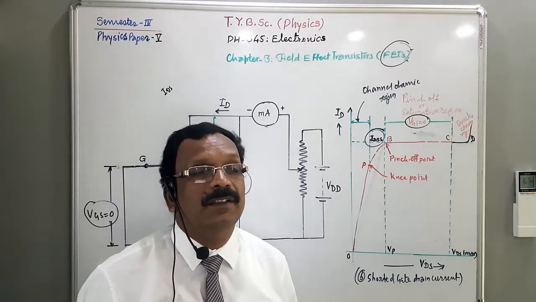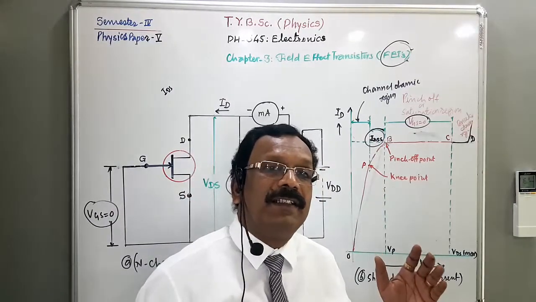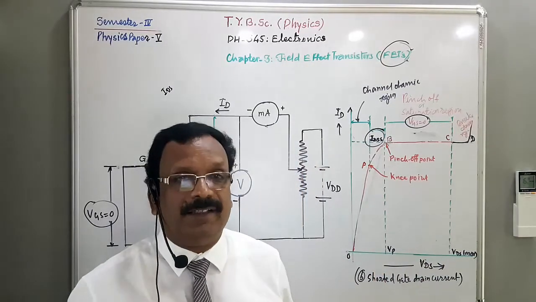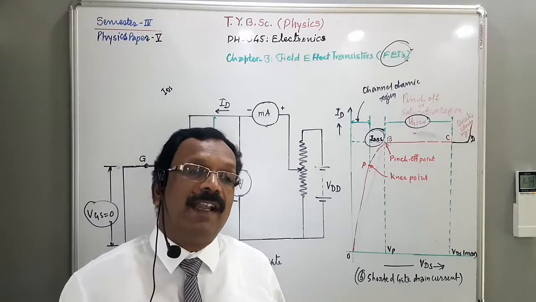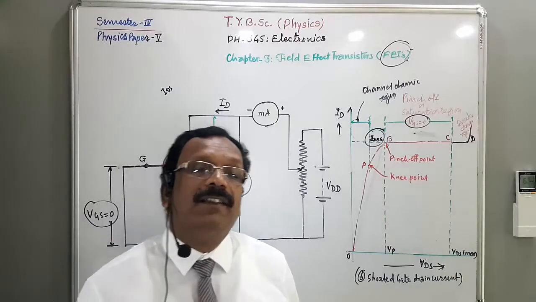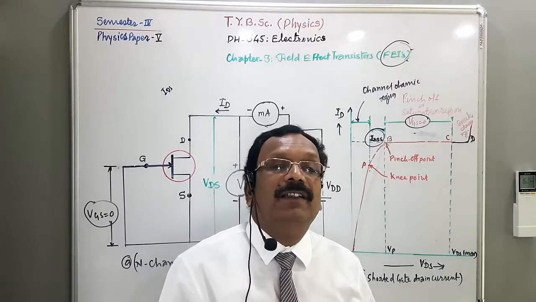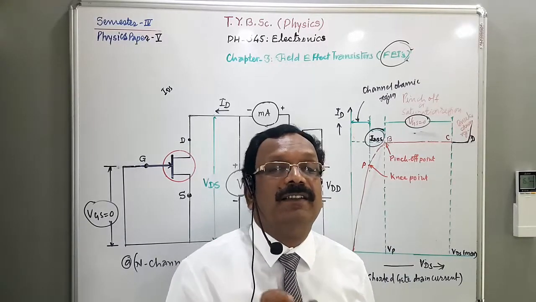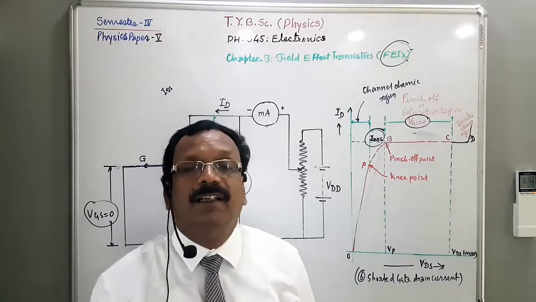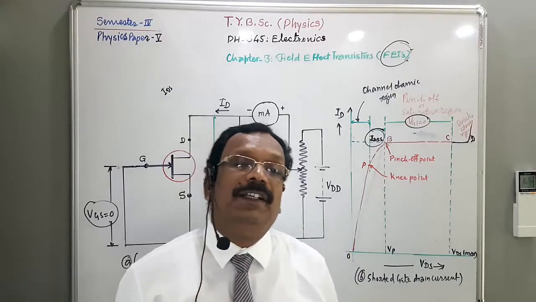Okay. Now, just like transistor characteristics, here also we have to study the characteristics of N channel JFET. And once we understand the characteristics of N channel JFET, then we can easily understand the characteristics of P channel JFET, because I told you that there is a very close similarity, except that the charge carriers in N channel are electrons and in P channel are holes, and battery polarity should be reversed.